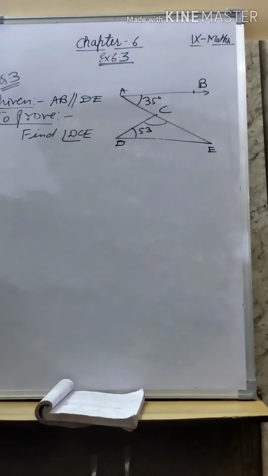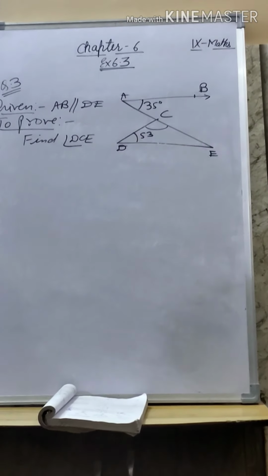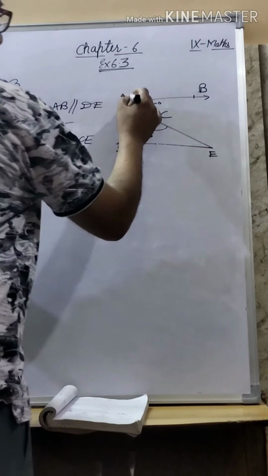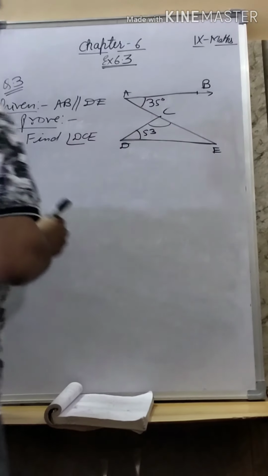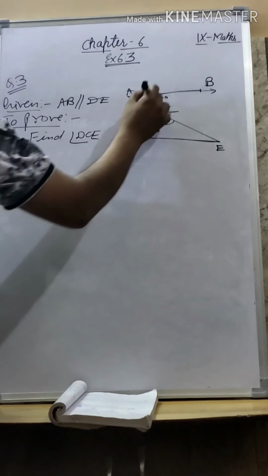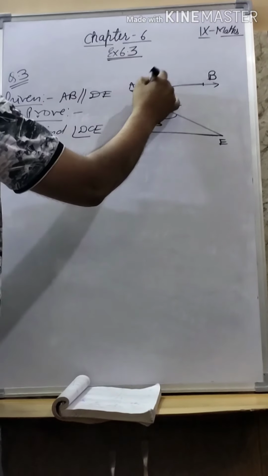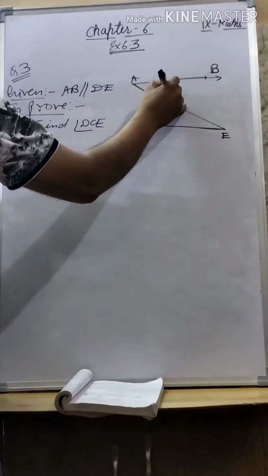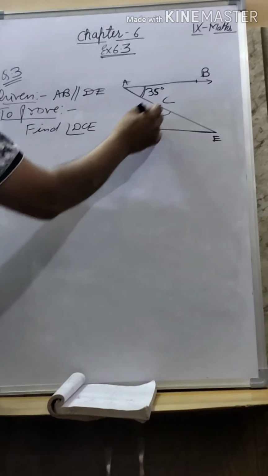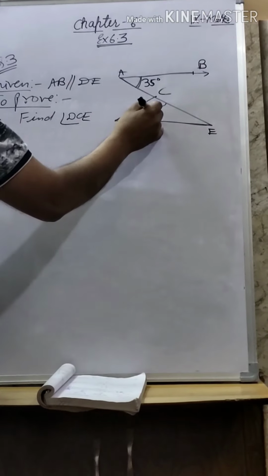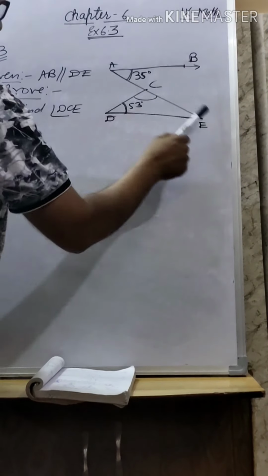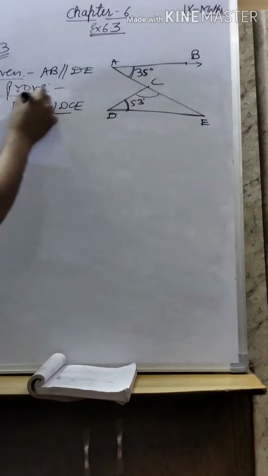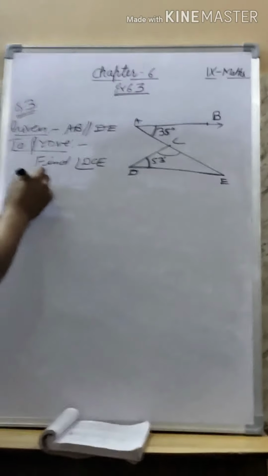Now you see question number 3, very easy. In this question, AB is parallel to DE, given, and angle A is 35 degrees and angle CDE is 53 degrees, given. He is asking to find angle DCE. So my dear students, for the proof,